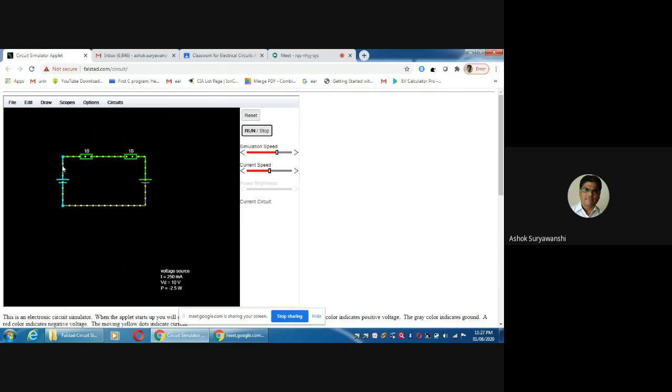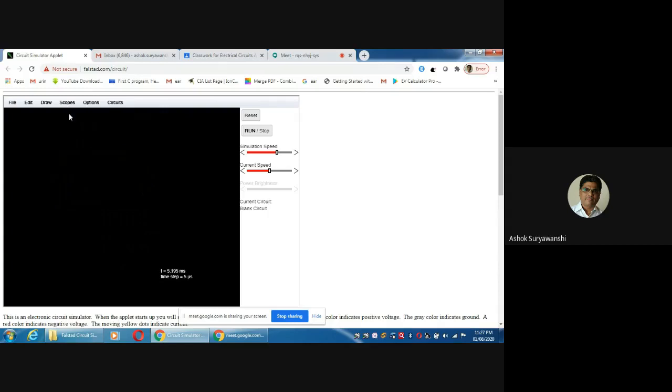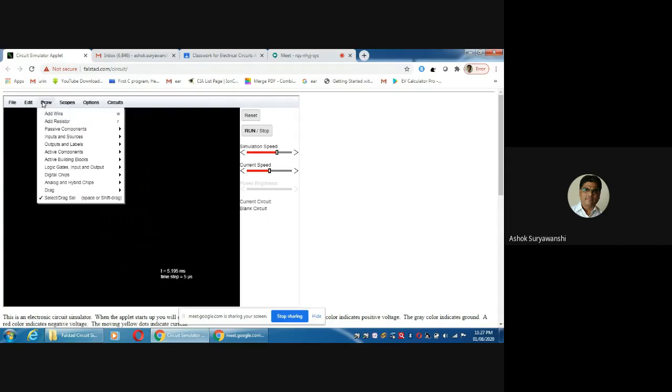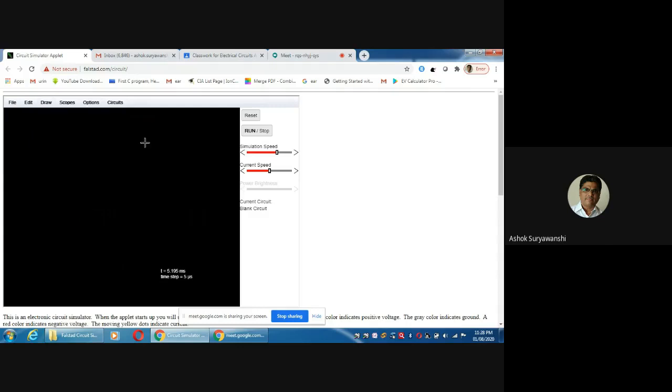So now let us check that answer here. So let us first of all draw the circuit diagram. For that, let us blank the circuit. Now let us start drawing the circuit. So first you need two voltage sources. So again go for the inputs. In inputs you can select the two terminal voltage source, DC voltage source. Okay. So first one is on this side, then second one is on this side.